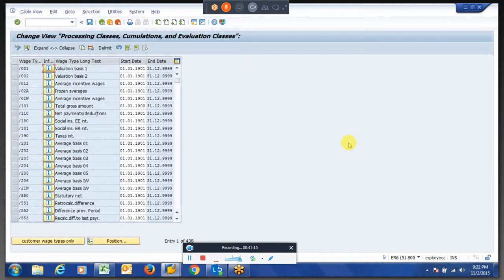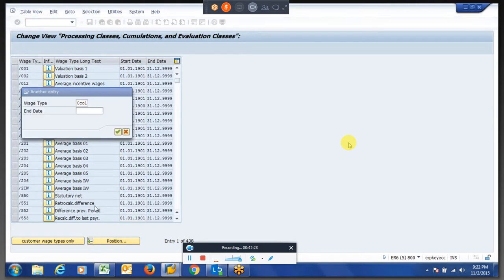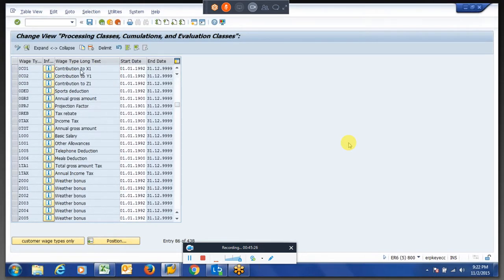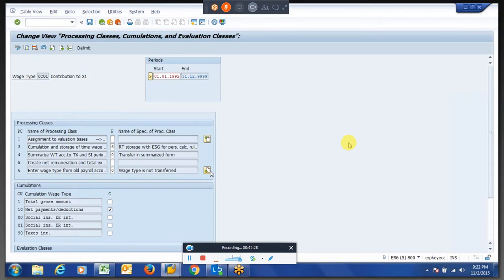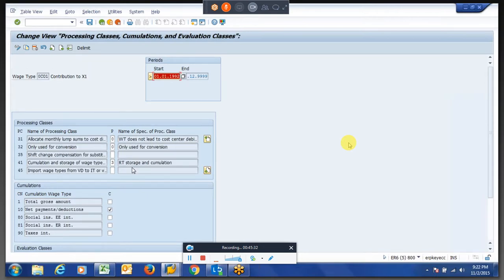So if you understand what the processing class and their specification will do, then definitely you can debug the things and you can change the processing class accordingly. So we are telling RT storage and accumulation directly here.